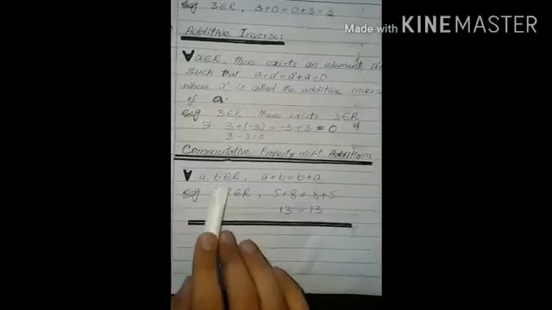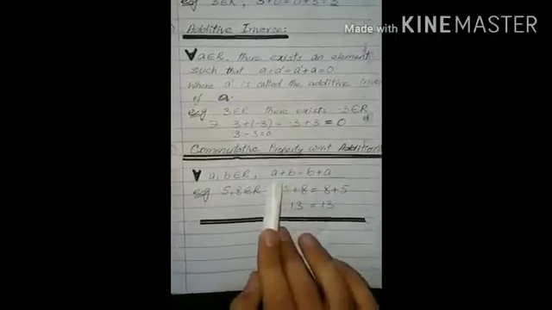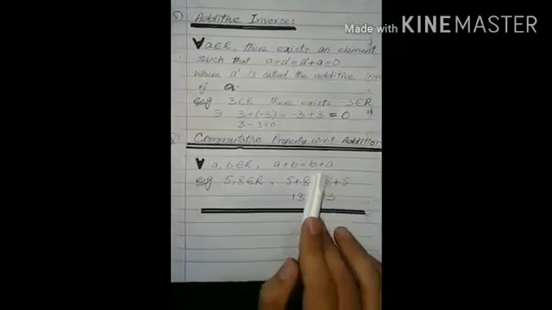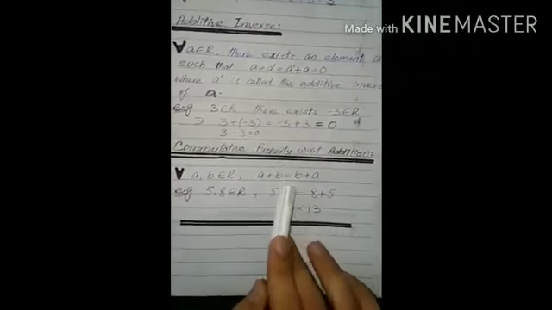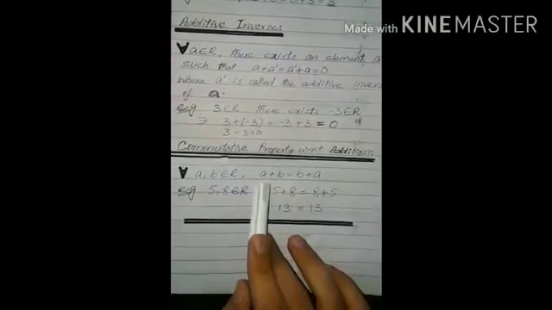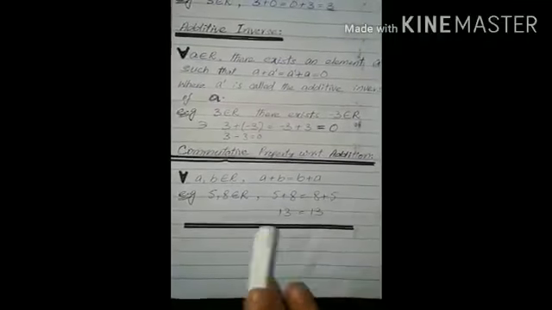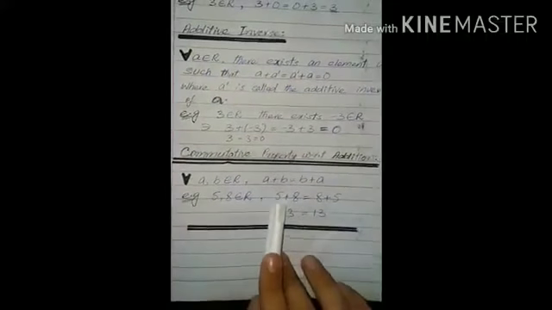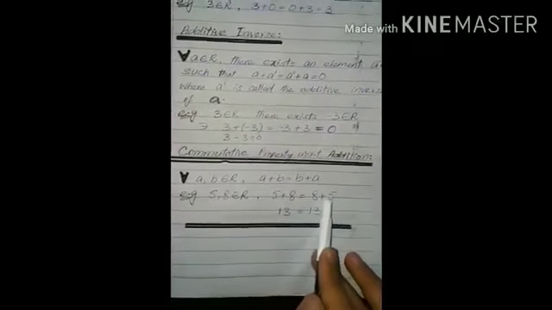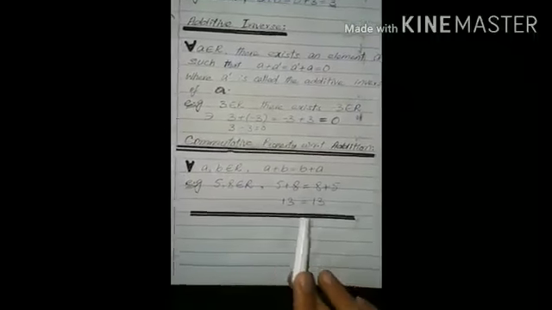It says that for all a, b belonging to R, any two real numbers, when we add these two numbers, we will get the same answer regardless of the order. You can see that on the left hand side we have a plus b, while on the right hand side we have b plus a. So the order is different, but we get the same answer. For example, 5 and 8 are two real numbers: 5 plus 8 on the left, and 8 plus 5 on the right, and we get 13 from both sides of the equation.